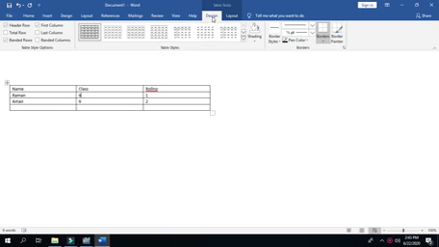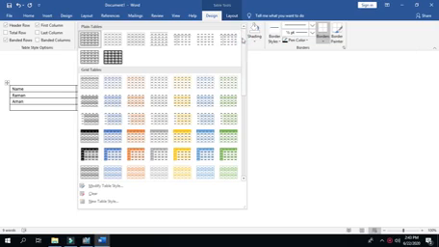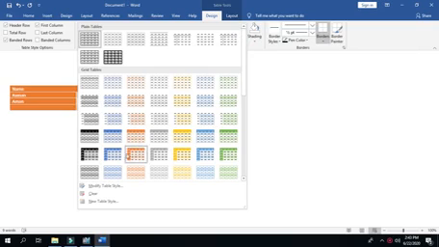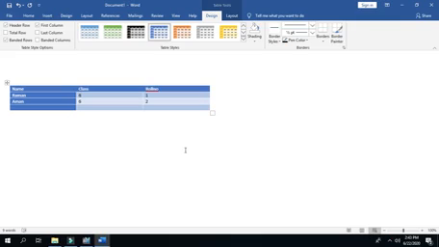Then see, here is the Design tab. We will click on this tab, and it will show various designs, and we can choose any design according to our choice. See, with this the style of the table is changed.